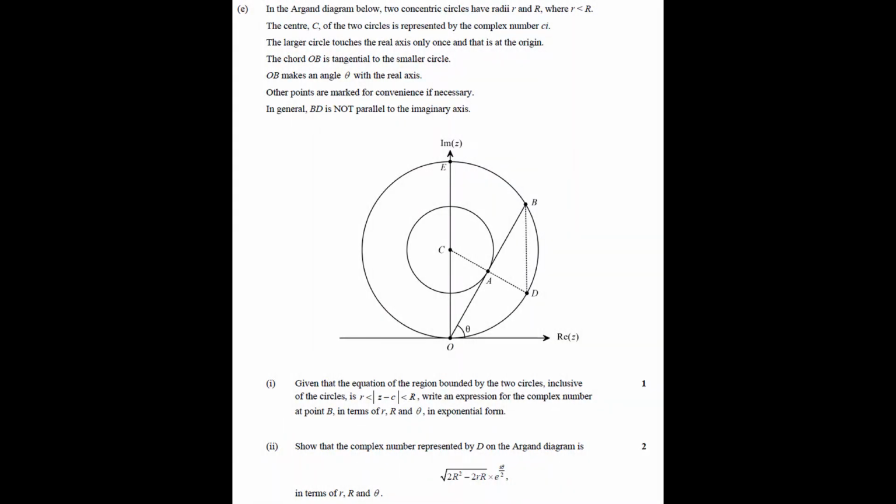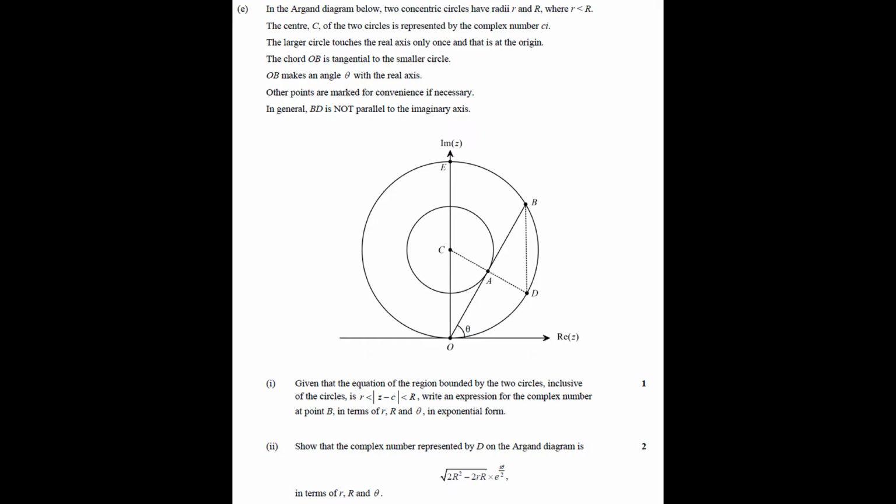Hi everyone, in this video I'm continuing to work through question 14 part E of the 2020 Extension 2 trial exam from Sydney Boys High School. So I've just worked through part 1 in a prior video, so definitely have a look at that if you haven't already. Here in part 2 we're being asked to show that the complex number represented by D on the Argand diagram